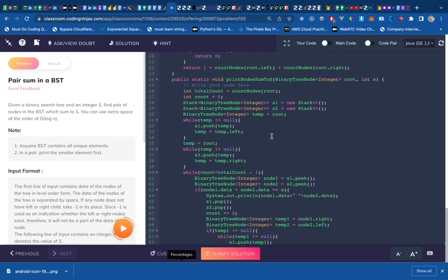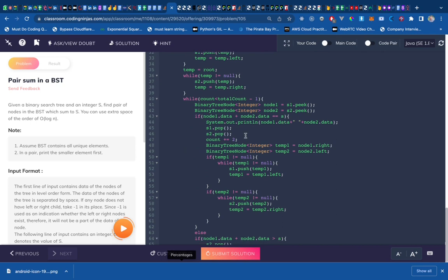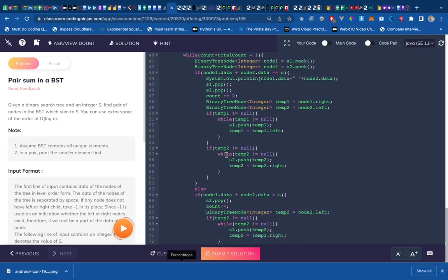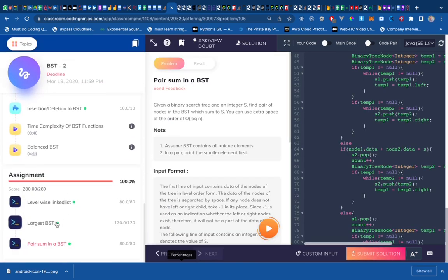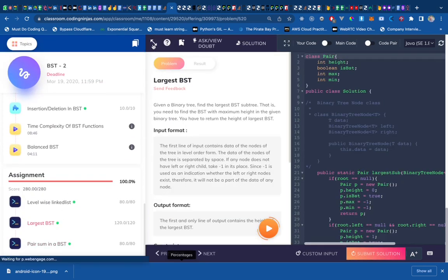So we have two stacks, something just popping, pushing, for S1 go left, and all these are okay. This is easy. You just go through it. Largest BST,